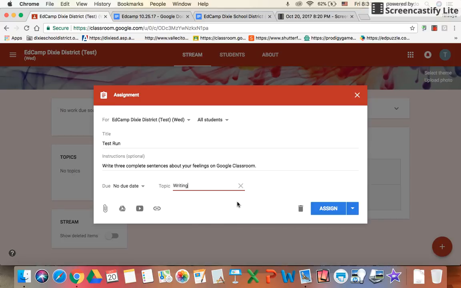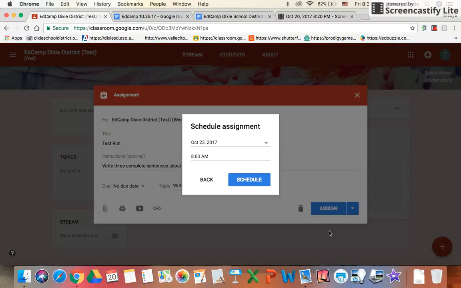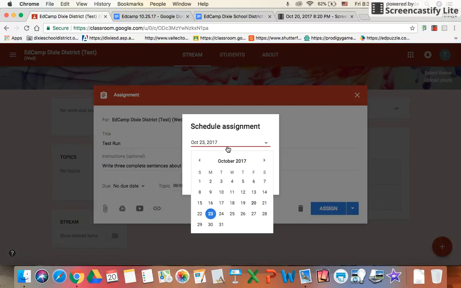And similar to the announcement that I talked about earlier, you can provide a link, Google Drive link, YouTube video, or a regular website link. Now you could delete this whole post altogether by clicking on this trash can button. And also click assign if you want to assign it now, or perhaps you want to assign it at a later date. So you'll just press schedule, click on the date that you like, let's just say the 23rd,